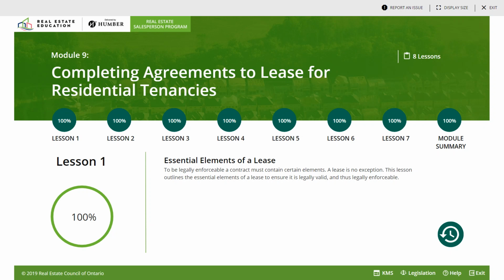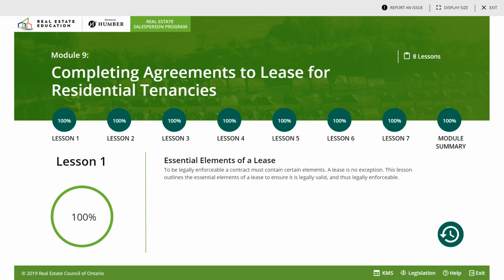The description of a common elements condo differs from that of a standard condo agreement of purchase and sale. A separate description for the real property or parcel of tied land and the common elements. Status certificate only for common elements, not for parcel of tied land. A survey is used to confirm details of the land description. A notice of fulfillment informs the seller that the condition has been met and the transaction can proceed.